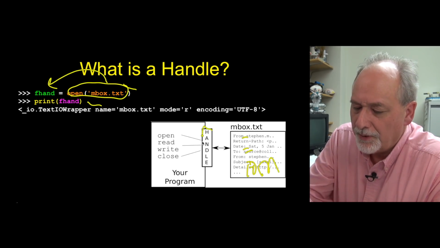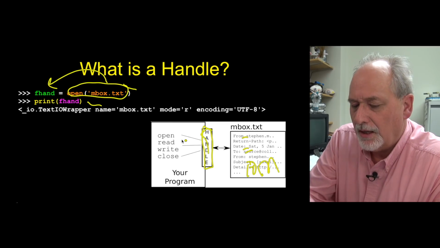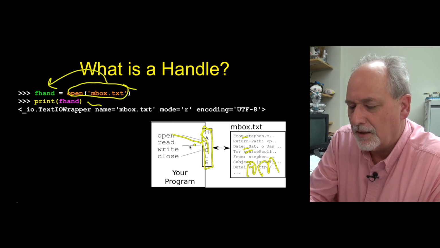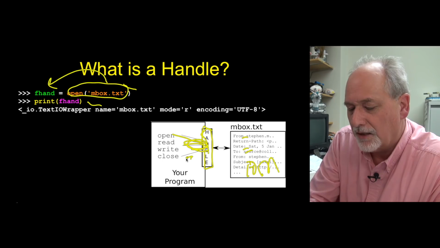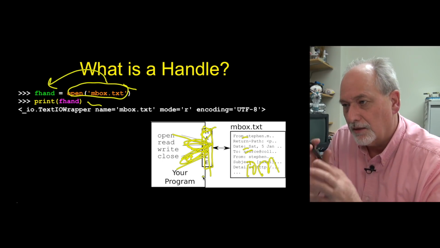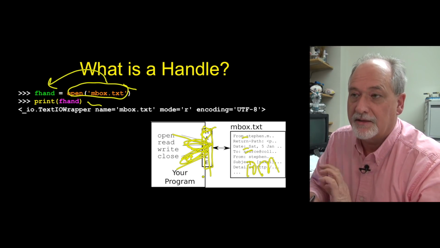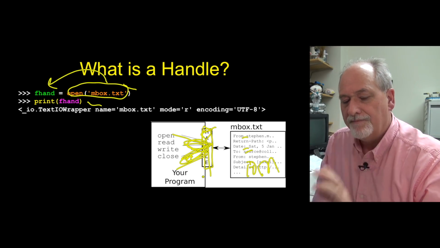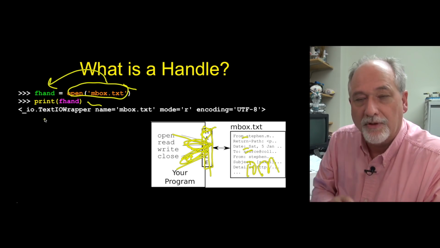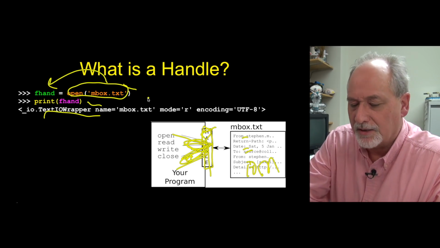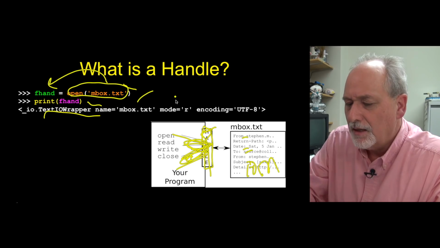The handle's like a little opening outside of your program, and you can talk to the file by opening it. Then you can read stuff. If you're writing the file, you can write stuff, and then you close the file to shut the handle down. But a handle is a thing that allows you to get to the file. It is not the file itself, and it's not the data in the file. It's just a wrapper. So if you print it out, it's like that's the file we opened, we're reading it,